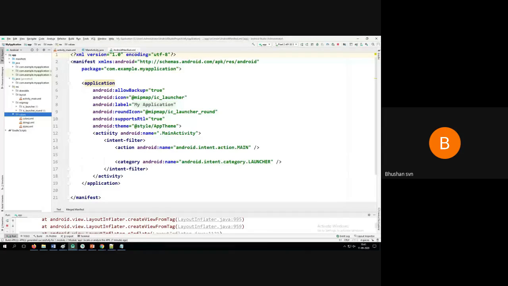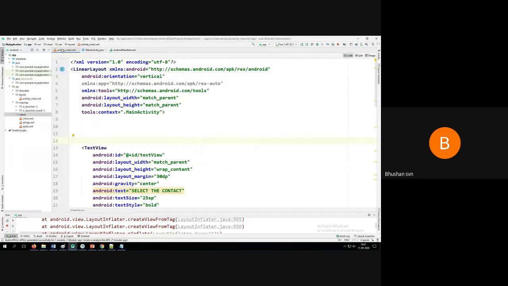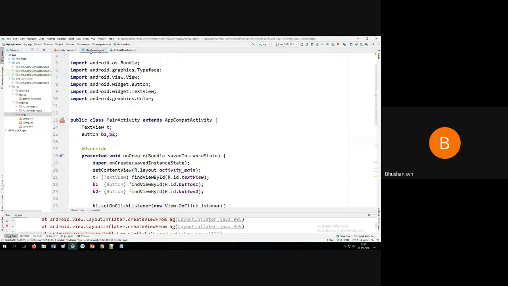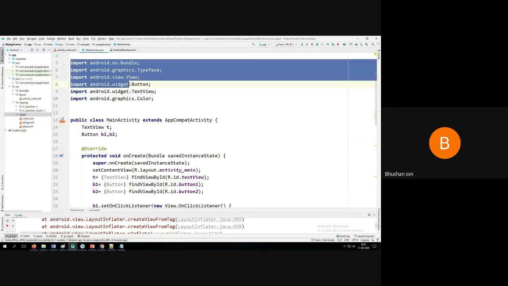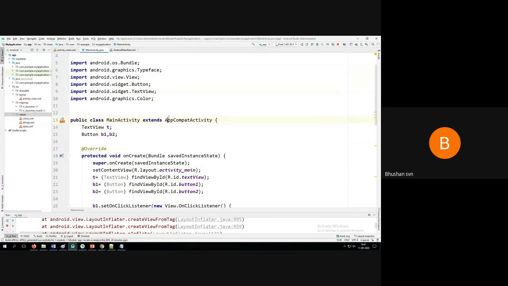Any questions? All these classes need to be imported. Any questions?